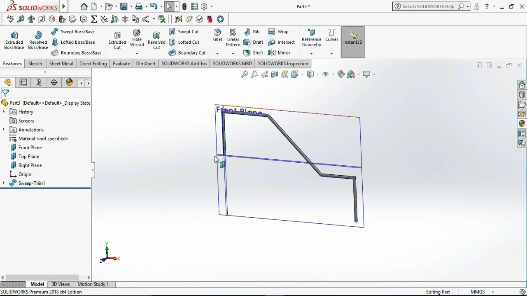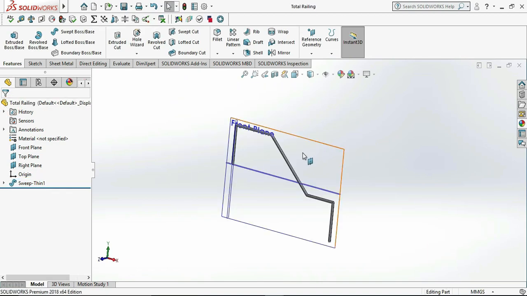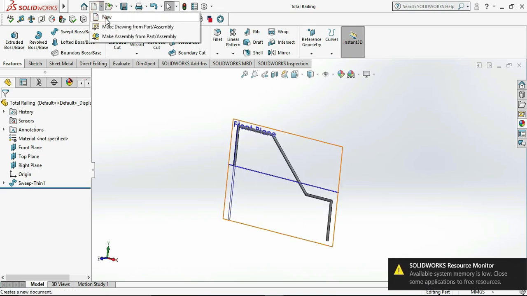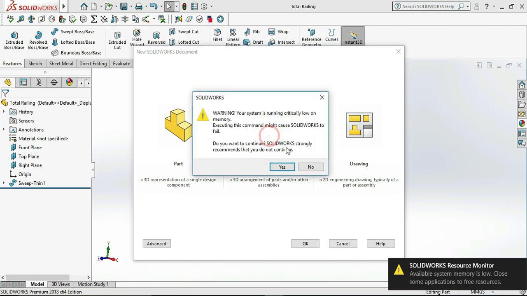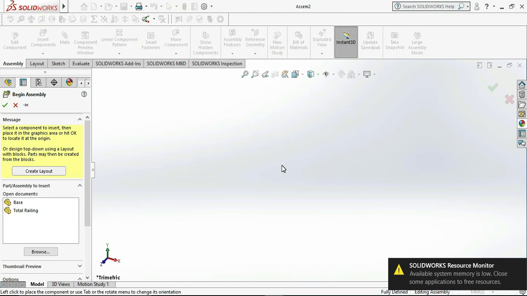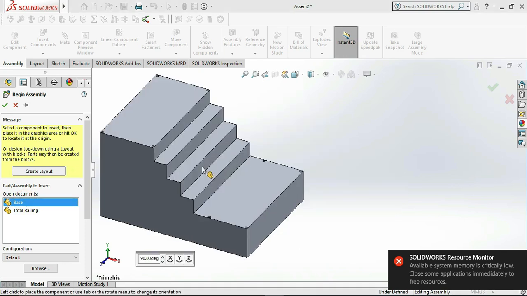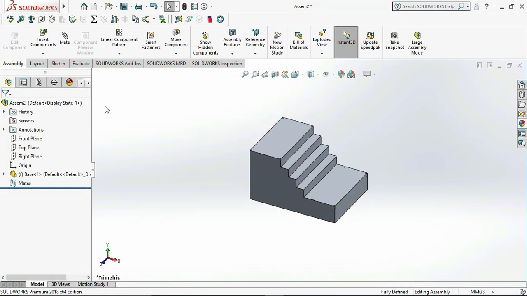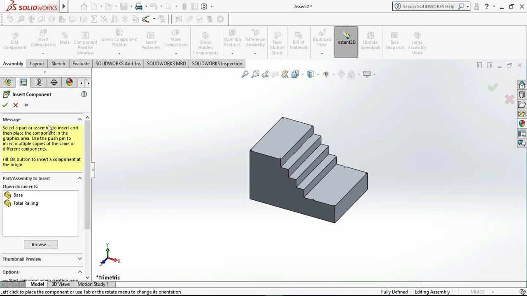So we need to assemble it into our concrete base. We can also assemble it simultaneously. So firstly go to new, then go to the assembly. Firstly we can add the concrete base, concrete staircase base, and then we can add the railing pipe, first main frame,